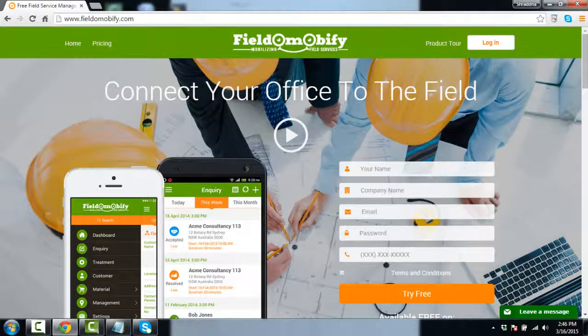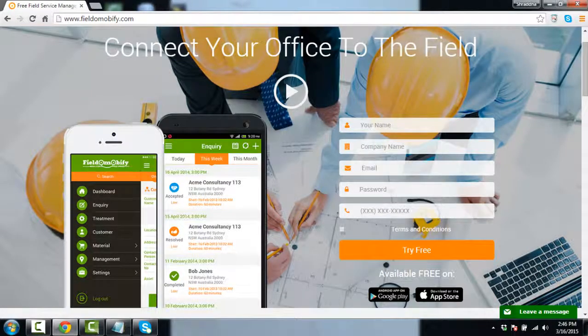So if you want to redirect it to our main product, that is FieldoMobify, you first need to create a new FieldoMobify account this way. First of all, open your browser and type www.fieldomobify.com, and then you will be prompted to a page where you need to enter the name, company name, email,